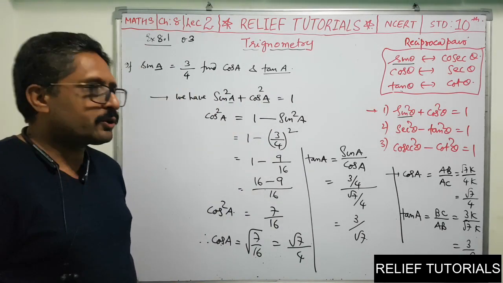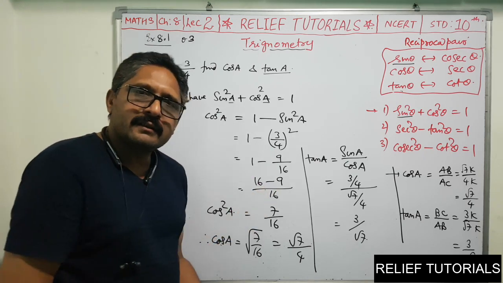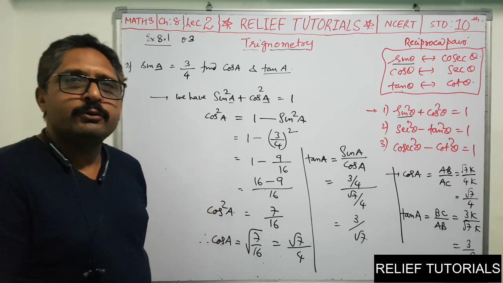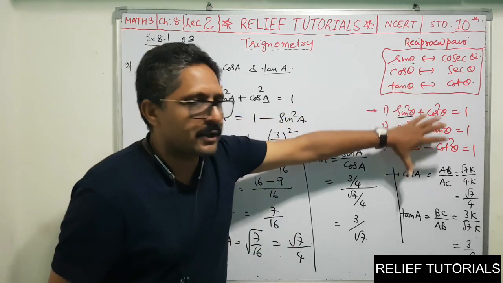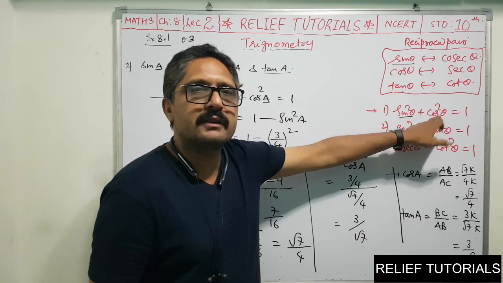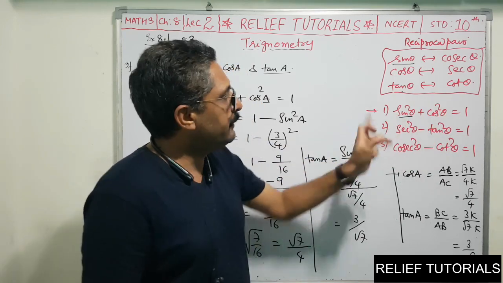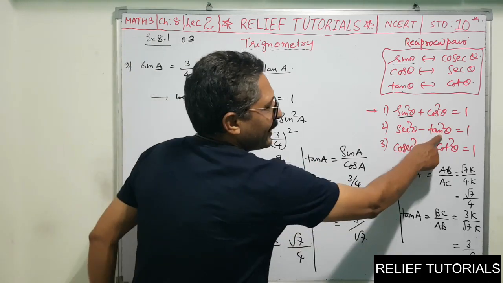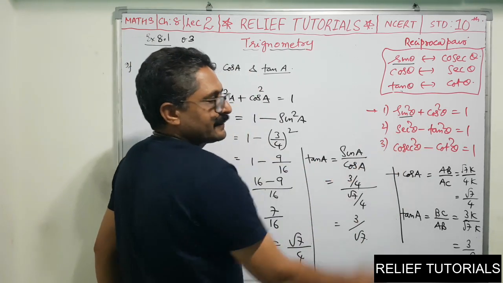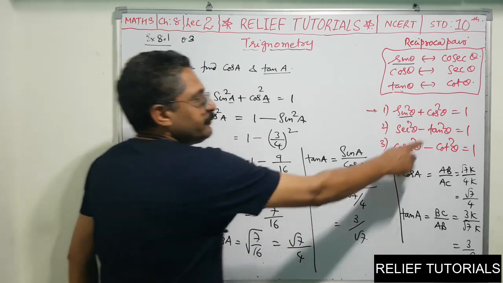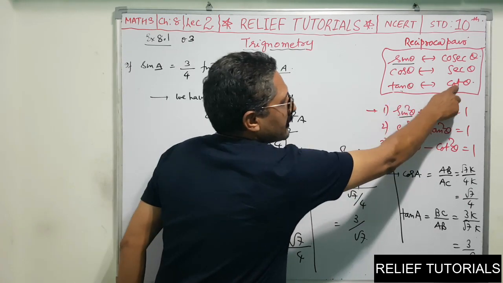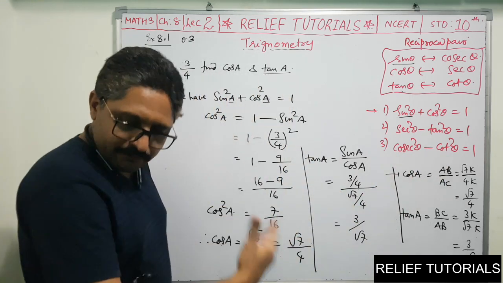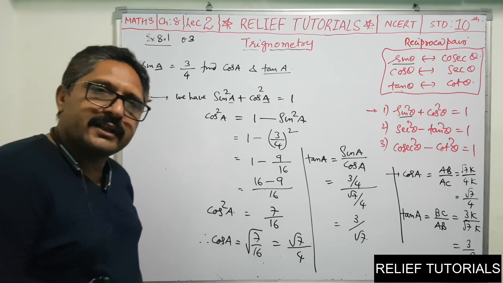So this method is easier. As a result, we will not use the Pythagoras method. In all remaining problems, we will use this trigonometric method. For that, you have to establish a relationship among the ratios. If we have sine, we can find cos. If we have cos, we can find sine. If you have sine and cos both, you can find tan. And once you have tan, you can find sec. Clear? And if you have tan, the reciprocal of tan is cot. So if you have cot, you can find cosec. We will learn the whole pattern as we proceed further in each and every problem.